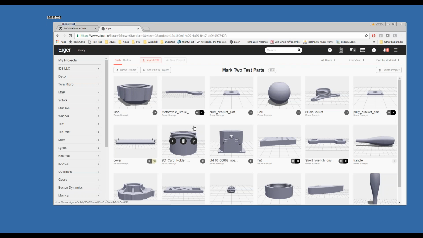All right, I do believe that probably covers the Markforged Eiger. Again, the Eiger is cloud-based. You can have multiple users, so multiple users in your company can have access to it, and you can rearrange your parts for your project, and it's fairly easy and straightforward to use. All right, with that, let me just minimize this